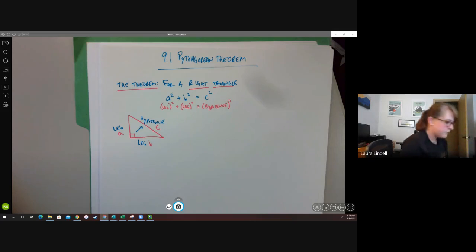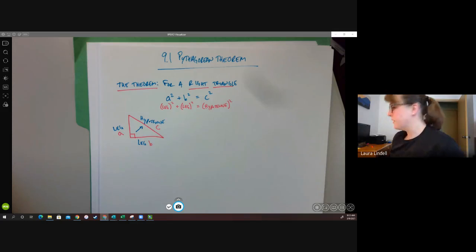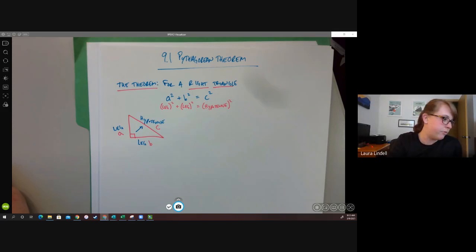No, my ruler seems to have walked away from me. Oh, well. We can still do this a little bit more theoretically. We're going to do a geometric representation of what this theorem is really. It's kind of a geometric proof of this theorem. If I were to have a ruler, it would be a little bit more of a convincing proof. But anyway,